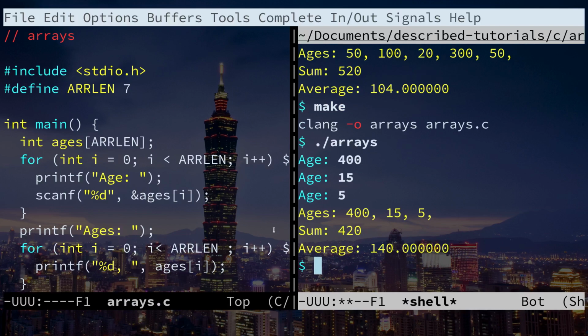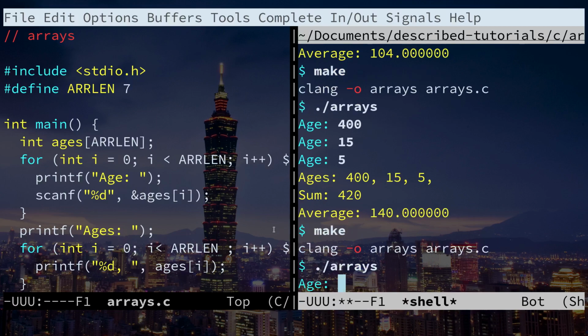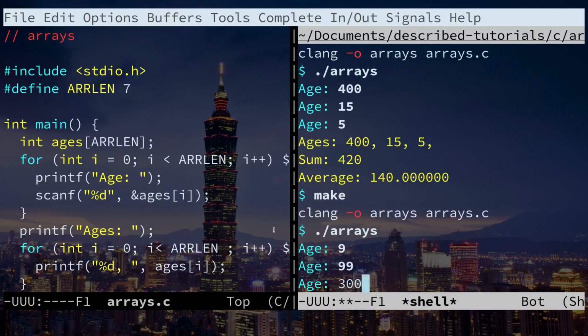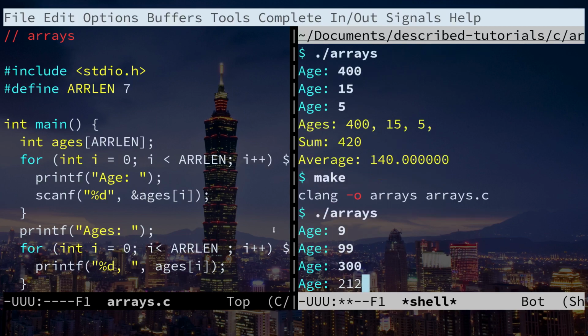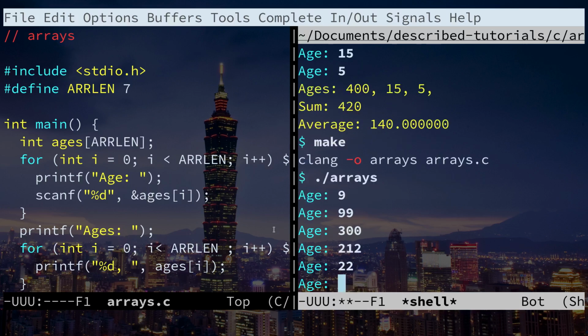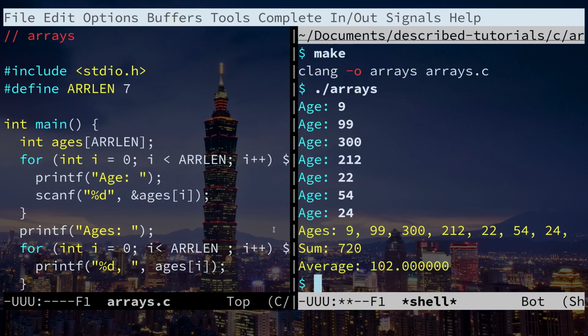Okay, we're going to save the file, then go back here to our shell and run make, make clang-arrays.c, and we will run arrays. Ages: 9, 99, 300, 212, 22, 54, 24. Ages: 9, 99, 300, 212, 22, 54, 24, sum: 720, average: